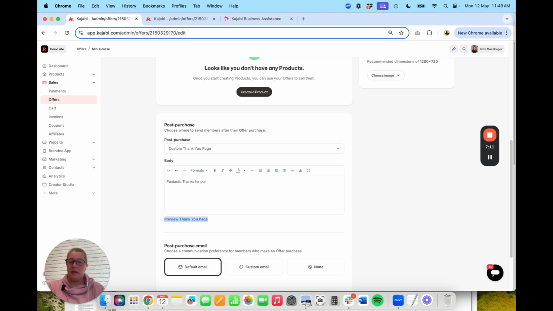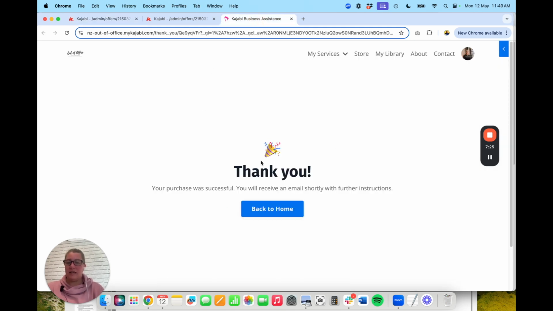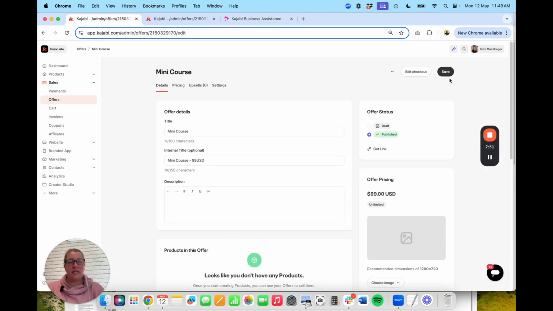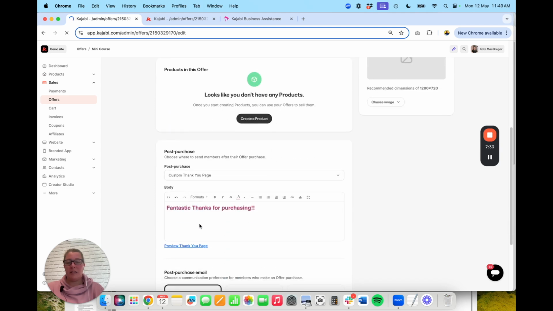I'm just going to do this to show you what it looks like differently. Let's make that big, a header, and let's make it a different color so that we can recognize it. So right now, the standard page looks like this. Thank you, your purchase was successful. You'll receive an email, and it has the button. Now, if I just press save on this and preview this page again,